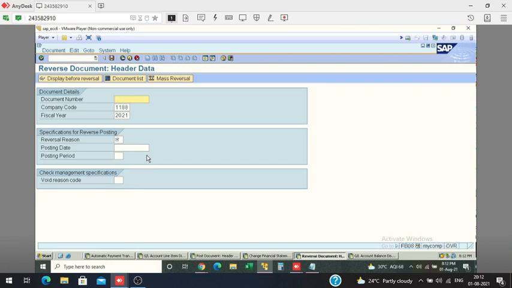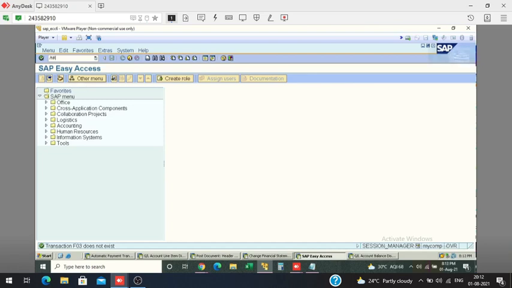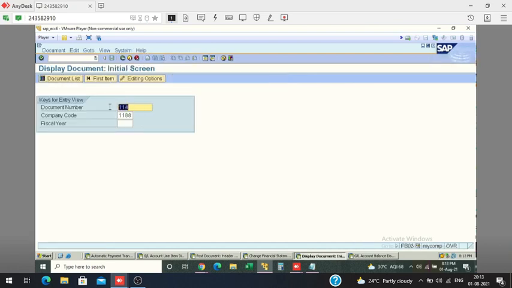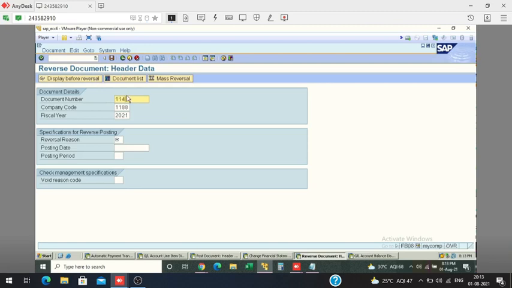My last document was, let me check in FB03, 114. Okay, I'm reversing it. FB08, reversal reason 01, save.